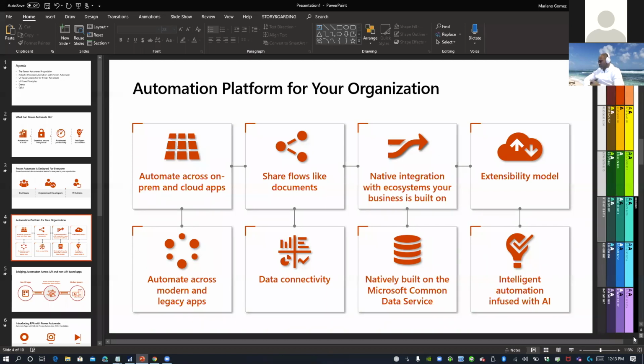Okay. You also have native integration with your business ecosystem, and that's going to go hand in hand with the automation across on-prem and cloud applications. But you certainly have the ability